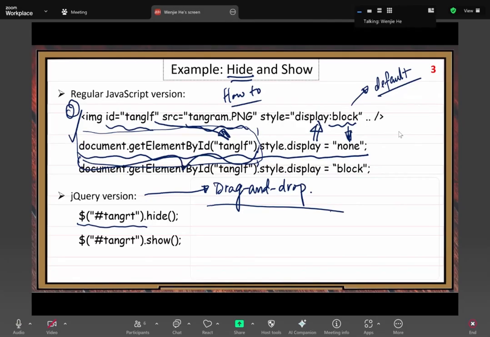Okay, the jQuery UI library. jQuery has a UI, user interface, library. So we need to add a line in our HTML file. So we include the UI library, so we can use it. Then we need to